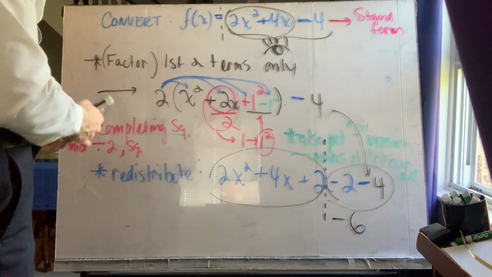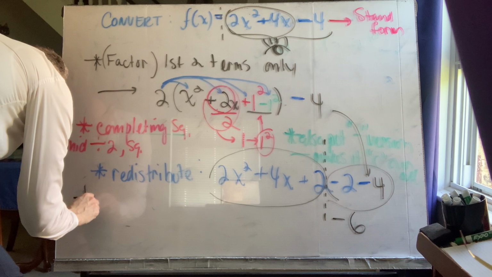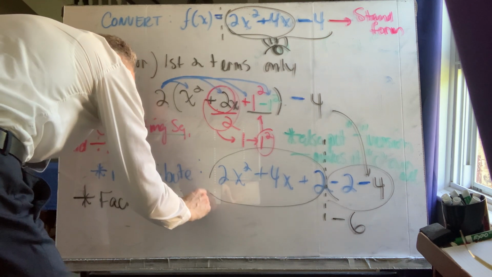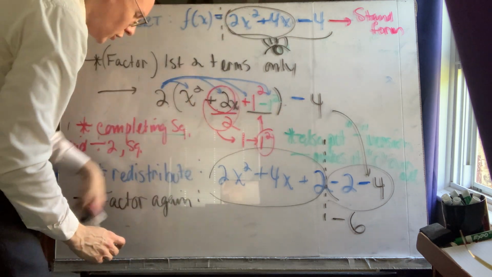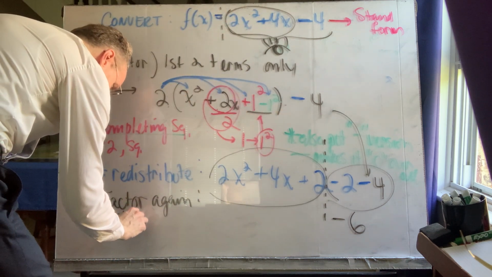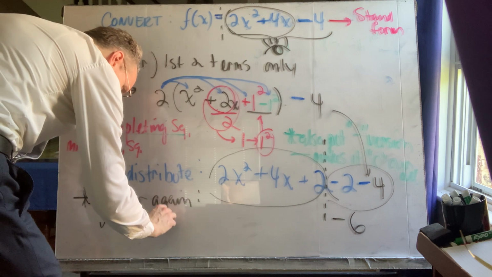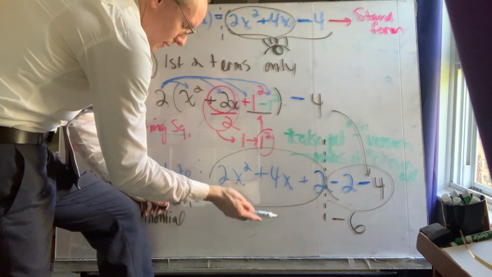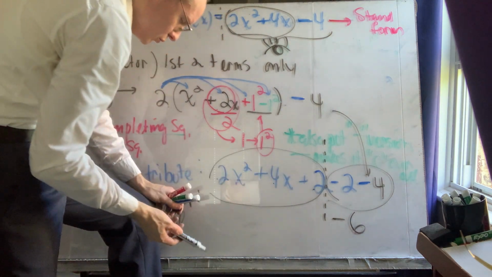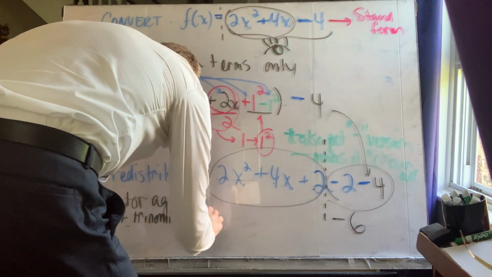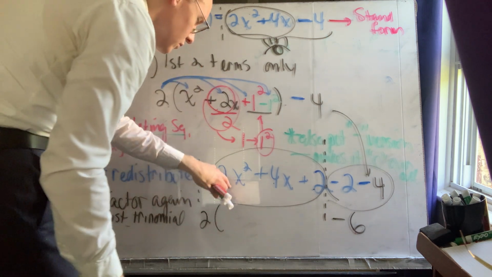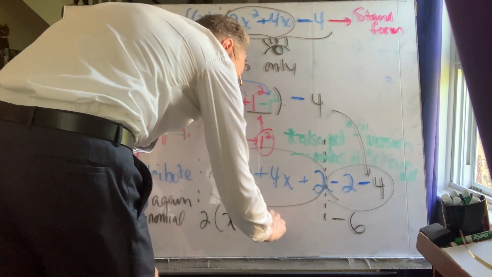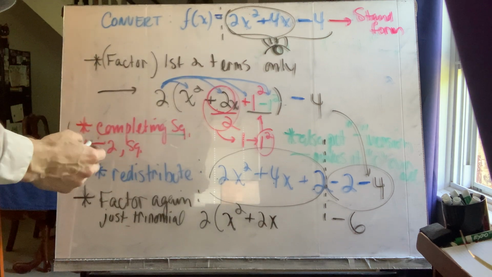Now, as cuckoo as it is, you're going to factor again, just this trinomial. Chunk of the whole, right? This is not too bad, right, because it has the obvious coefficient of 2 again, which means you could rip that out, right? 2 distributed would be x squared plus 2x, right, plus 1,